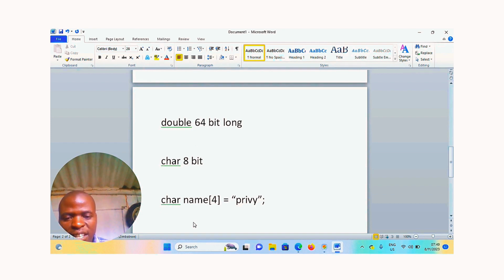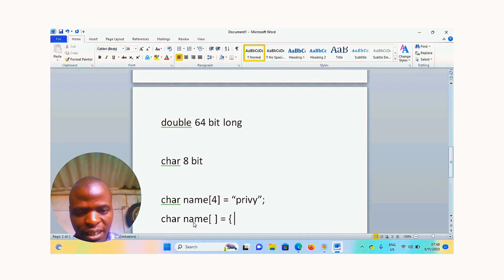There are some other ways to declare them, like char name, then array subscript, equals, then curly braces with the characters, then closing curly brace.